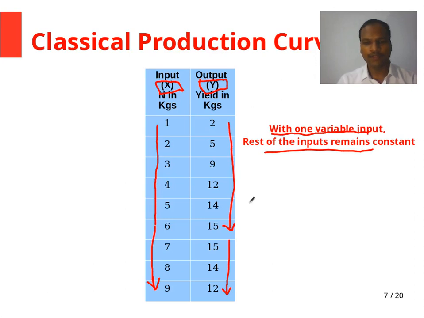Even when we give feed to the cattle, it will fetch us only a limited quantity of milk. It won't give much, because there is a limitation for everything. When we produce paddy and give fertilizer, it will produce a maximum quantity only, up to a certain quantity. It will not produce a linear function. That means it will not go on increasing. It will increase, reach a maximum, and then reduce.